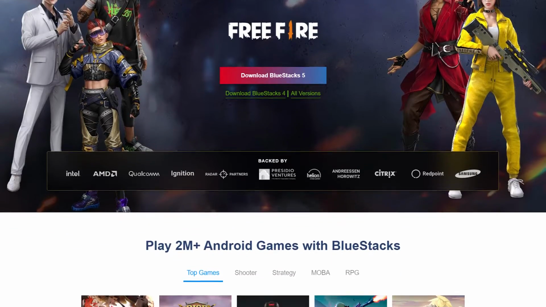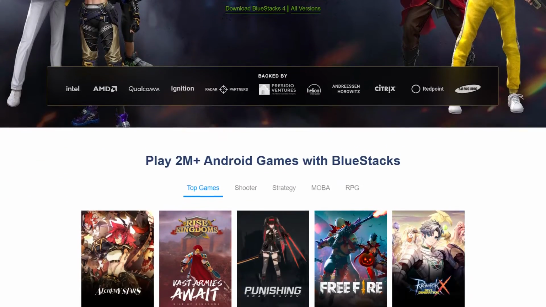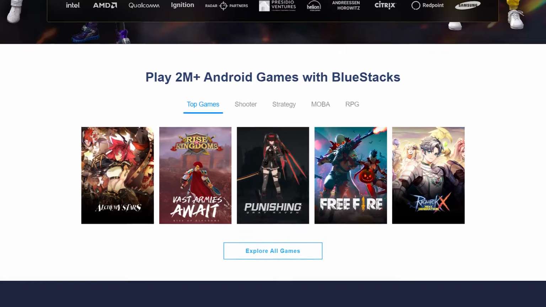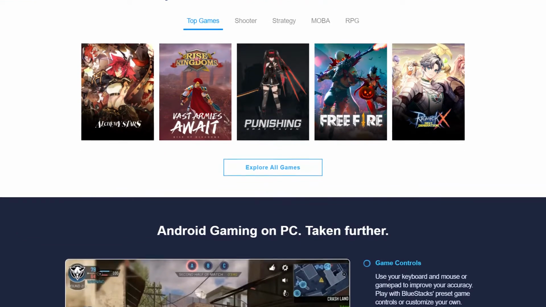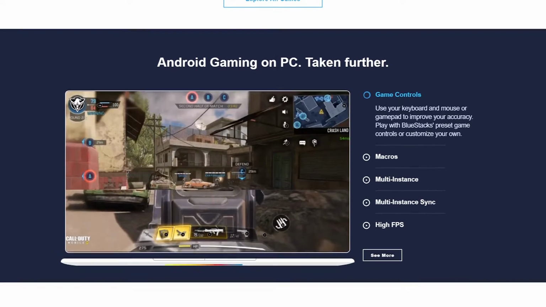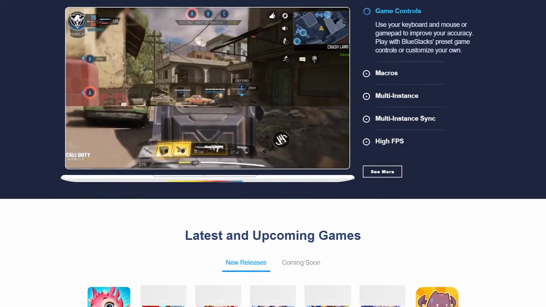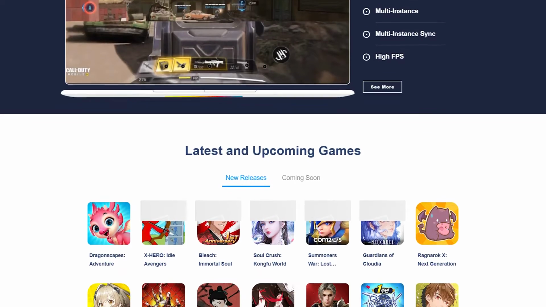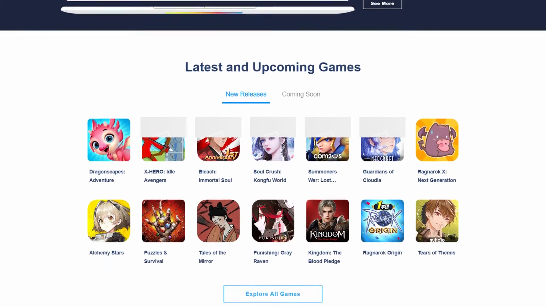Bluestacks is a great program that lets you play Android games on your PC, and that's very helpful if you want to play a game that's only on your phone, and you want to be able to play it on your PC as well, whether you want to record it or do anything like that. And you can even sometimes transfer your progress, and they've got special keybinds to make it easier to play those games. Overall, it's a great program, and today I'm going to show you guys how to install Bluestacks on your